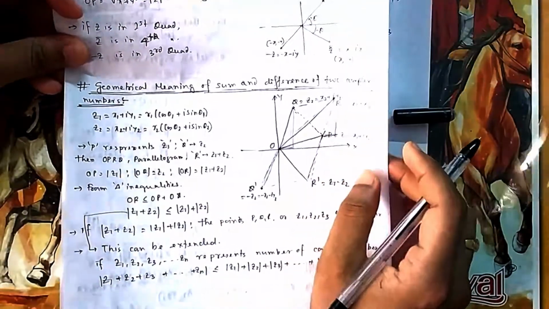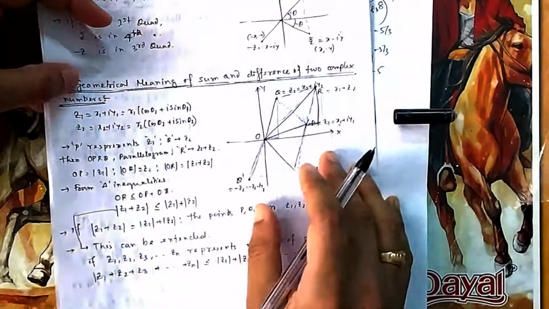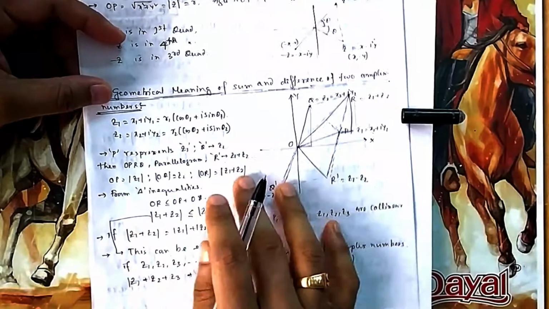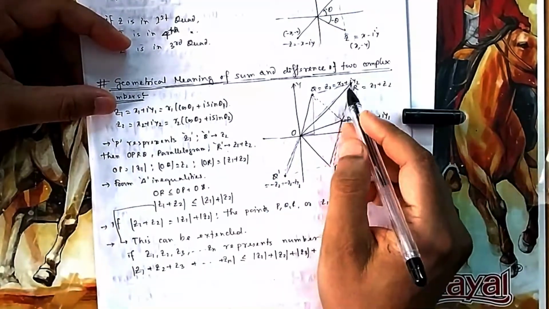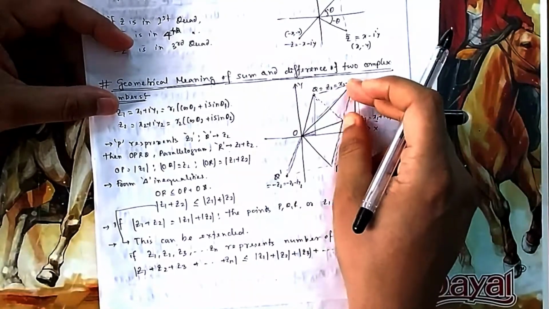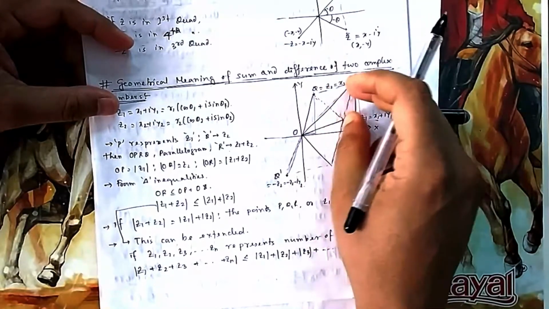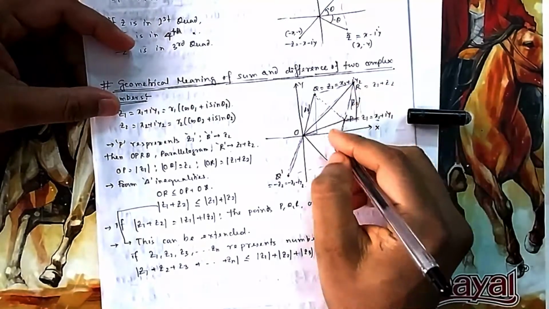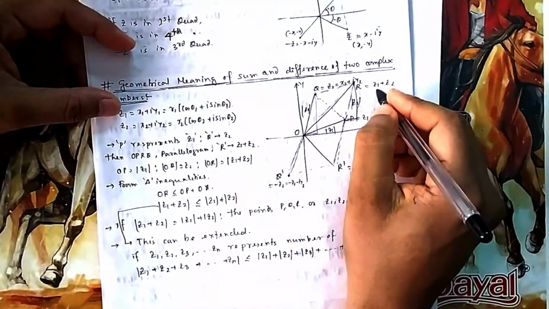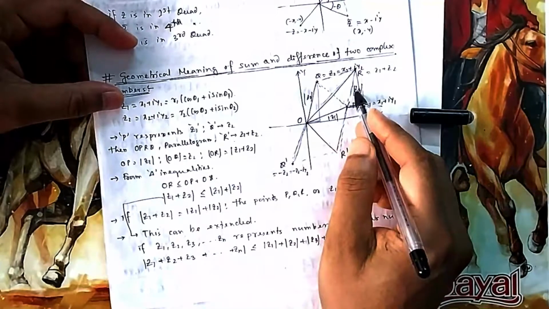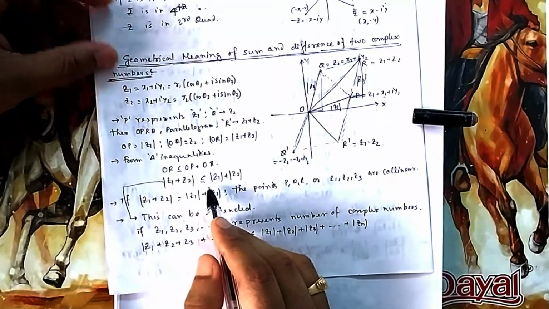So this is the meaning of addition in complex numbers, which is again quite a resemblance with vectors also, that we will see. So from the triangle inequality, now this is a triangle where this is your OP, this is z1, and this is nothing but the same as z2, because this is the same z2. This is the drawing you have done here. This magnitude is mod z2, so obviously this magnitude will be mod z2 because the length is the same. This magnitude is mod z1, and this magnitude is mod z1 plus z2. So in a triangle inequality, the sum of two sides must be greater than the third side. So this plus this will be greater than this. So that is written, and this is nothing but this.